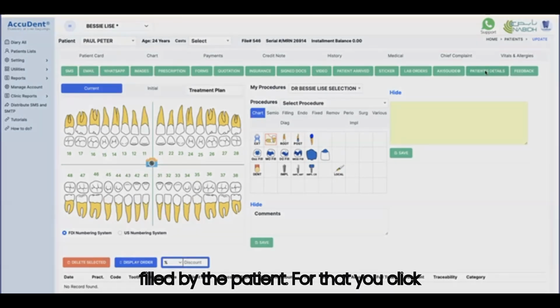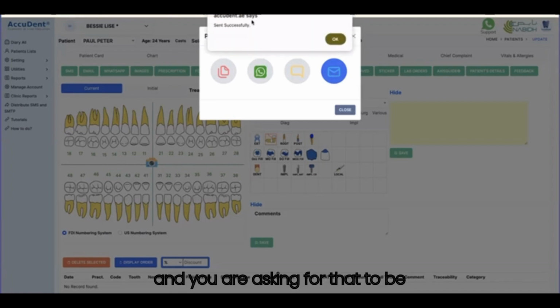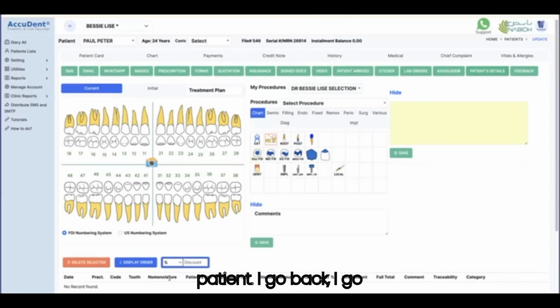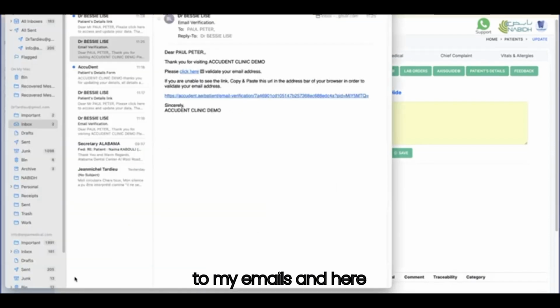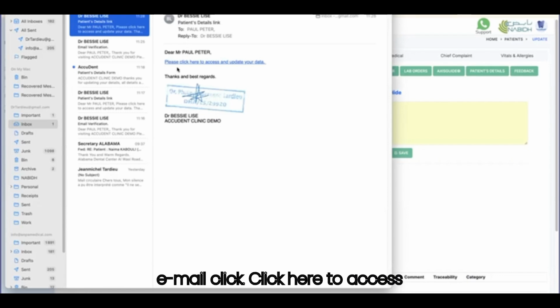For that, you click here and you say, send by email to the patient. You need to have the email address. You click here and you are asking for that to be sent to the patient. I am the patient. I go back to my emails, and here I receive a new email, and this email says, click here to access and